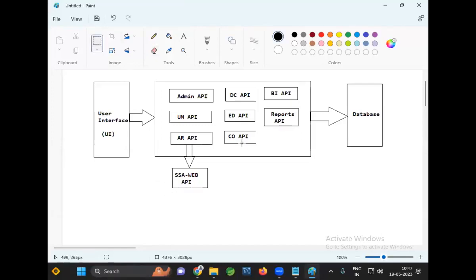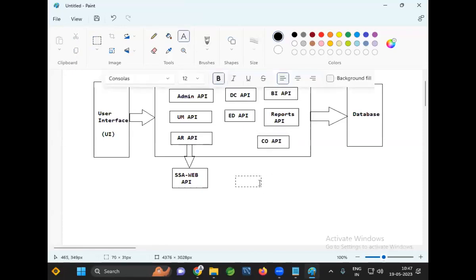And here we have the correspondence API, my favorite API. This correspondence API will talk to the Redis server to get static data. We have a Redis cache in the project. This correspondence API will talk to the AWS S3 bucket to store the PDFs for the citizens.